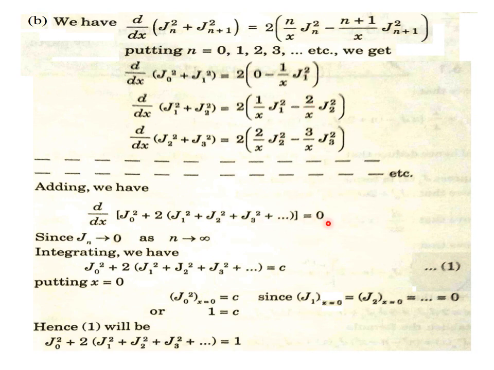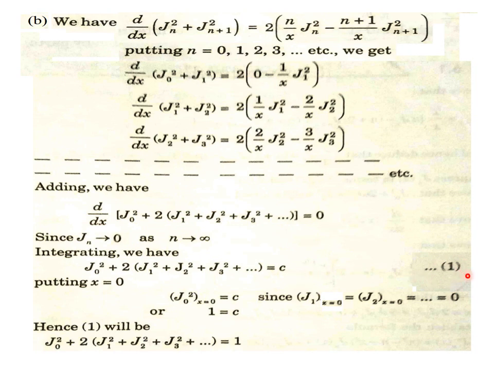And one more reason is there: as we are adding it up to infinite, as n tends to infinite, any jn will also become 0 as a limiting case. So in all, that right hand side becomes 0, and then we integrate that equation. In the left hand side only one thing will change, that d by dx will be eliminated by the process of integration, and we remain with j0 square plus twice of j1 square plus j2 square plus up to infinite. And in the right hand side, as 0 was there, it is integrated as a constant c, named equation 1.